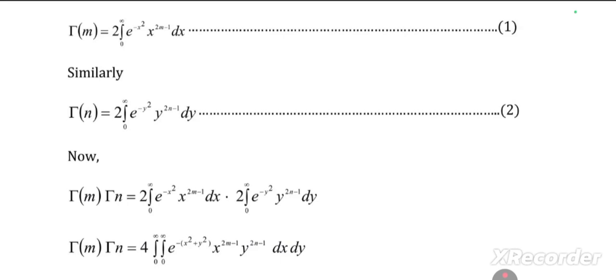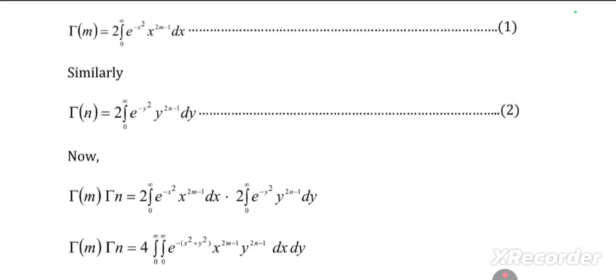Multiply the left hand side, gamma m gamma n, is equal to... multiply the right hand side 2 times 2 times. So 2 times the integral from 0 to infinity e power minus x square into x power 2m minus 1 into dx, first equation. Second equation is 2 times the integral from 0 to infinity e power minus y square into y power 2n minus 1 into dy. So that is equal to, multiplying 2 into 2, 4 times the double integral from 0 to